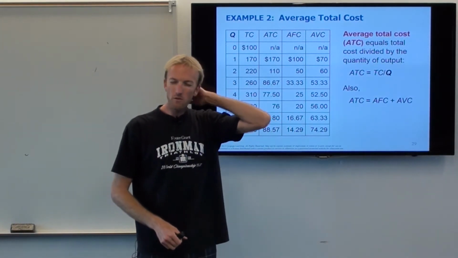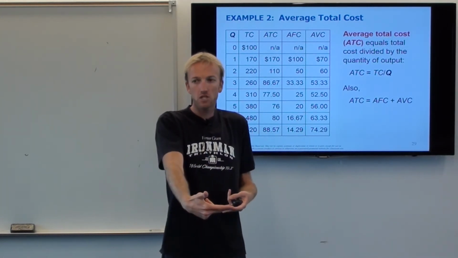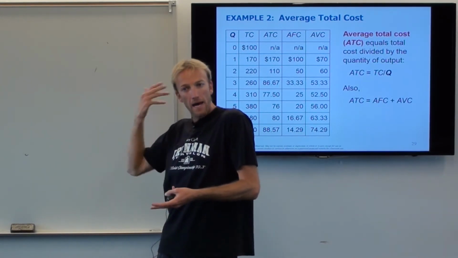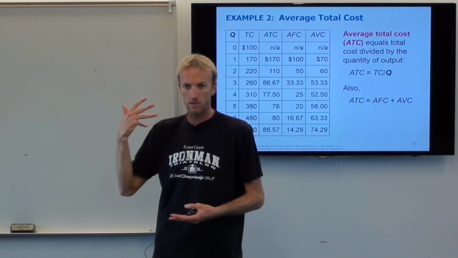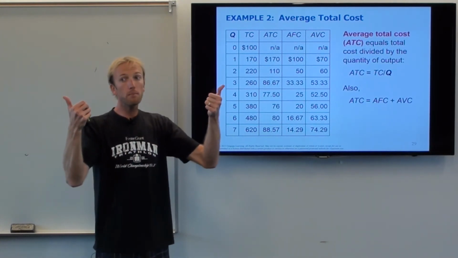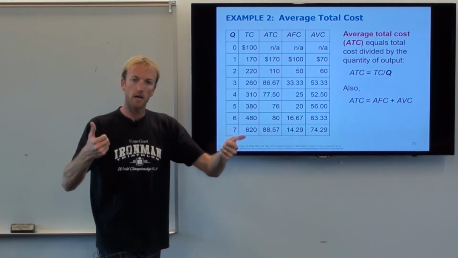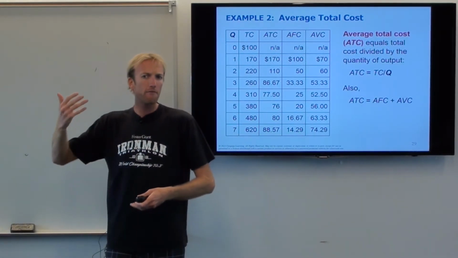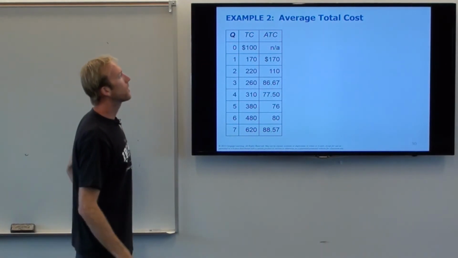But you might also need to know, hey, you're currently making 10 tacos. I'm not asking how much does it cost to make the next one. I'm saying on average, all of those tacos that you already made in the past, all 10 of them, how much is it costing you to make all of them on average? That's average total cost, okay? So these are two incredibly important costs, and you've got to be able to keep them straight. Marginal cost: how much does it cost to make the next one? Average total cost: how much did it cost to make, on average, all of those tacos that you already made in the past? Okay? All right.